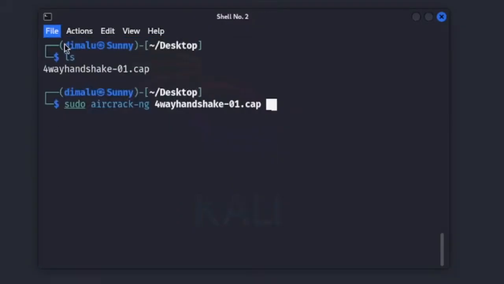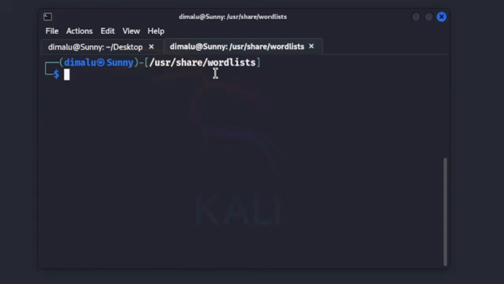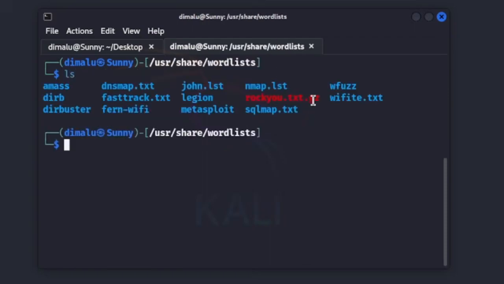Open a new terminal tab. We need to change directory to wordlists. So type cd /usr/share. The word lists are stored in this directory called wordlists. This is the complete path. Press enter. ls. Here, as you can see, guys, we have